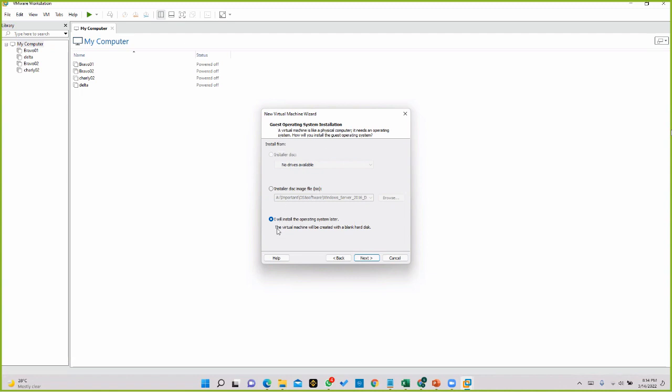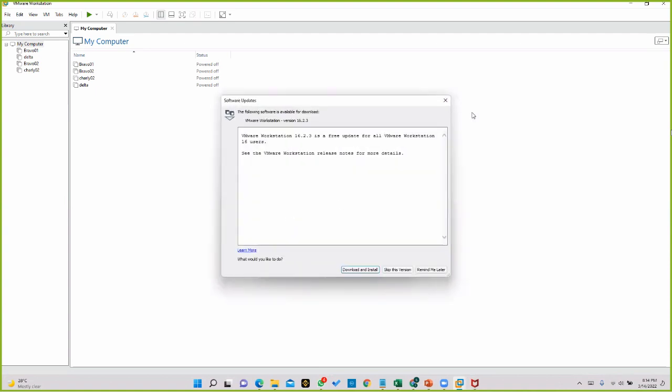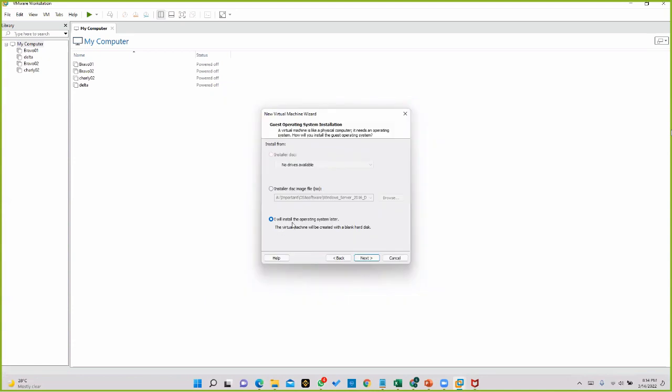For me, I'll select I will install operating system later, right? If you have an ISO file, you can select it here, but you had better select I will install the operating system later, especially if you want to install the licensed versions. So you better select it, unless you have a license key, right?